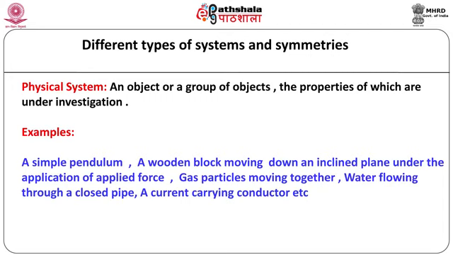Well friends, please note that 2x plus 3y equal to 13 and 5x plus 4y equal to 22 is a system of two simultaneous equations. It is a mathematical system and should not be confused with physical system. We may think over the terms biological systems, chemical systems and so on.